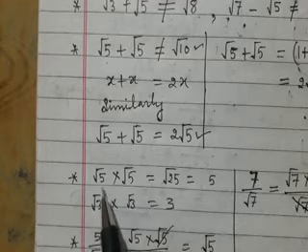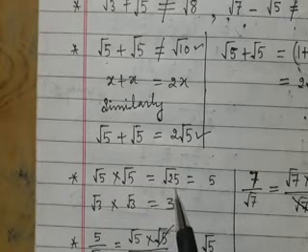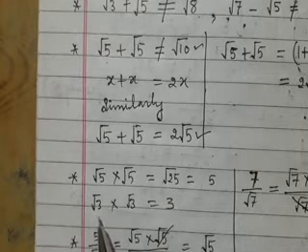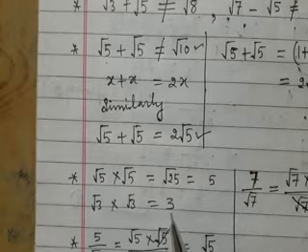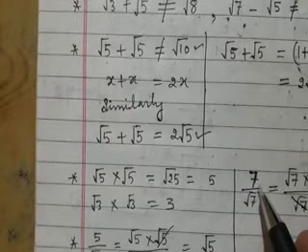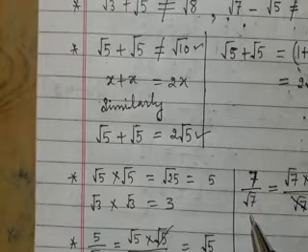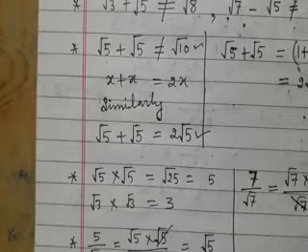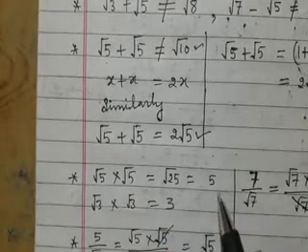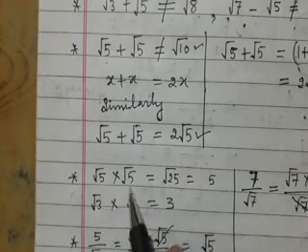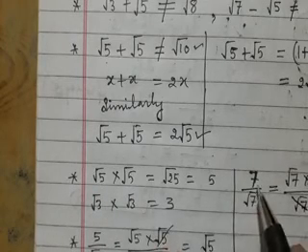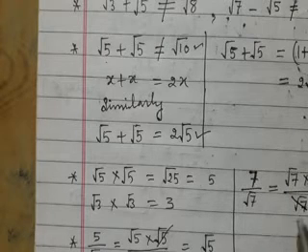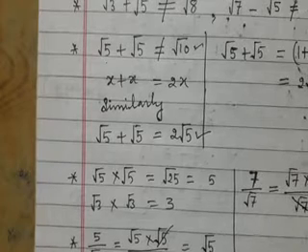Okay, so here you see this is 5 into 5, 25, and then root. So root 25 is equal to 5. Then root 3 into root 3 will become 3. Then you take another number 7 upon root 7. So 7 means we can write root 7 into root 7. As I explained here, root 5 into root 5 is equal to 5. So in place of 5 you can write root 5 into root 5. So likewise in place of 7 you can write root 7 into root 7. So one root 7 is cut with another root 7 and root 7 is remaining.